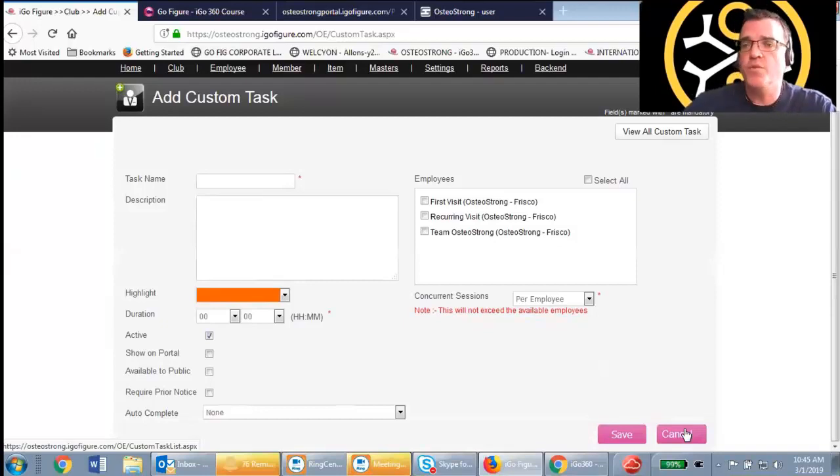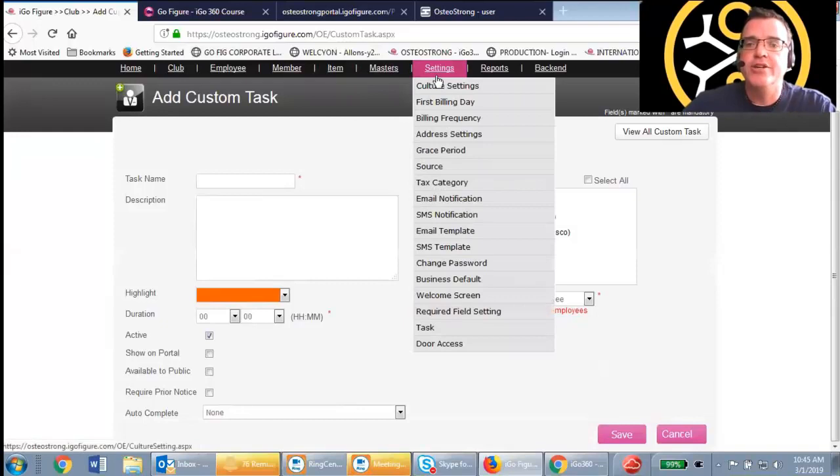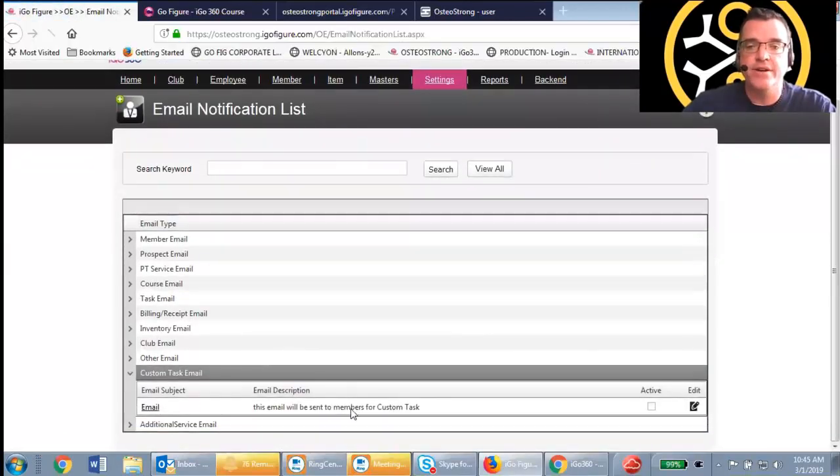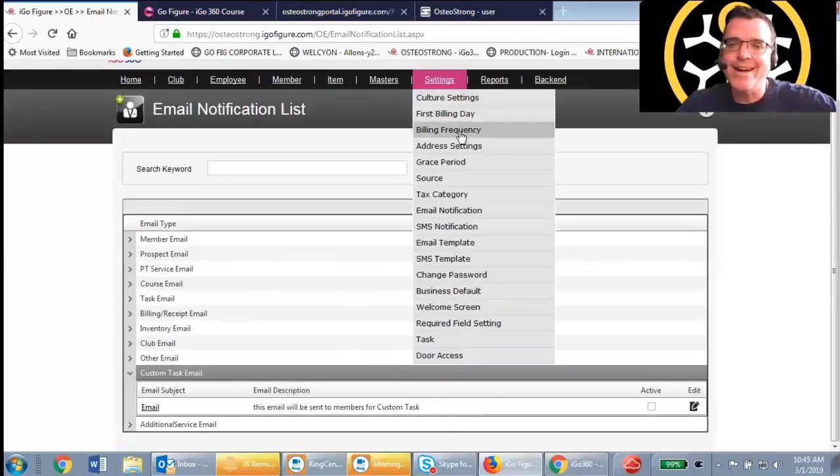And so if you want to turn those on, you have to go into email notifications, and then you'll see there's custom task emails that sit down here. And there'll be whatever the name of your custom task will appear here, and you need to go in and edit it, as it's some kind of developer speak, poorly written language with no data fields in it, and just edit that to read what you want for that. Okay, we have just done a deep dive